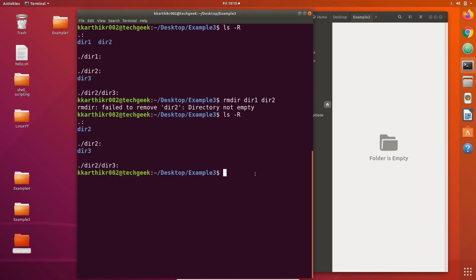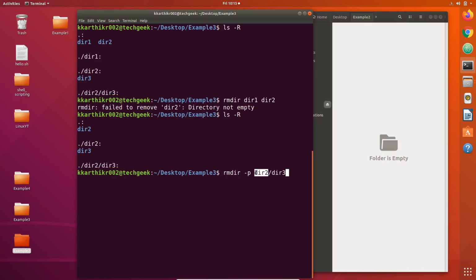For this we use a flag called p flag. rmdir -p and then directory structure, nothing but directory2/directory3. What it does is it first removes directory3 and tries to remove directory2.